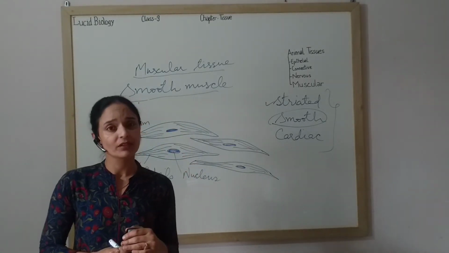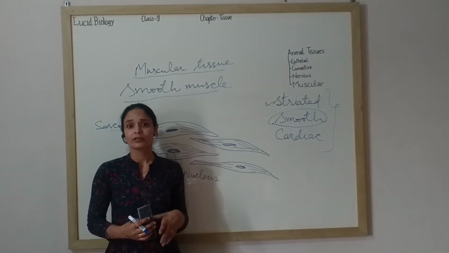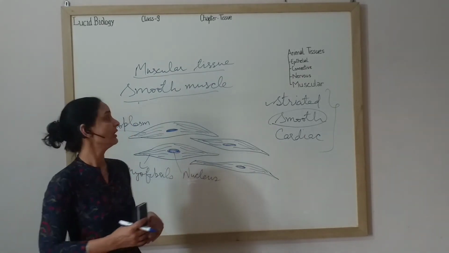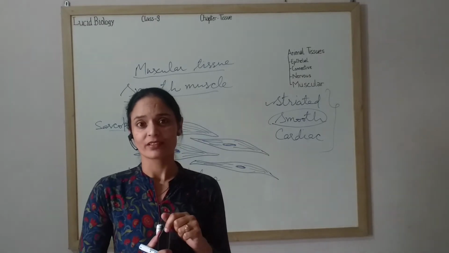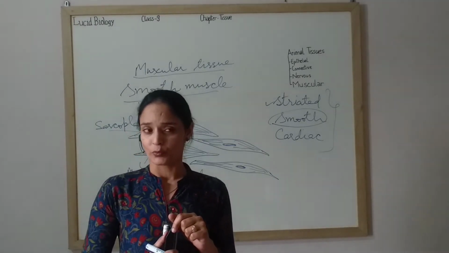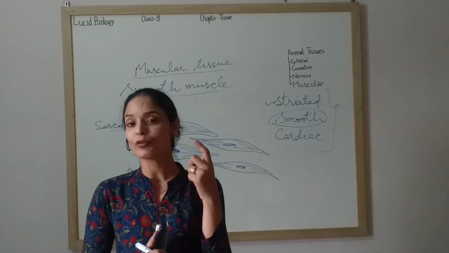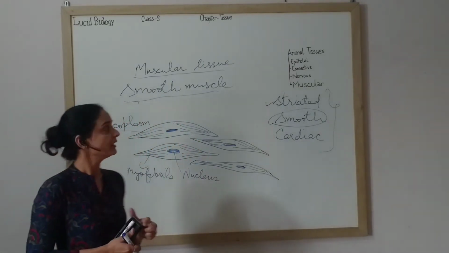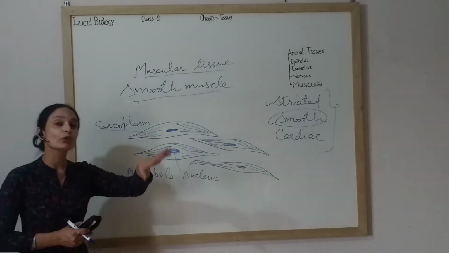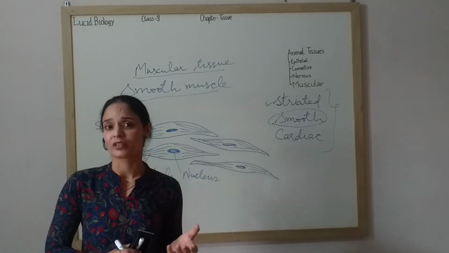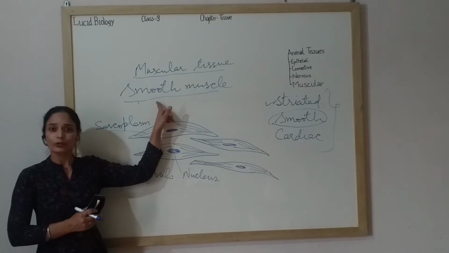They are present in the stomach, in the intestine, in the entire alimentary canal, in the uterus, ureters, blood vessels, and they are present in the iris of the eyes. See, we cannot control blinking of our eyes. Can you control? No, we cannot do that. We can try, sometimes we try to hold, but we cannot control, because blinking of our eyes is not under our control. In the iris of the eye there are smooth muscles, which are involuntary in action. We cannot keep our eyes open all the time. Automatically it blinks, because smooth muscles are involuntary in action.